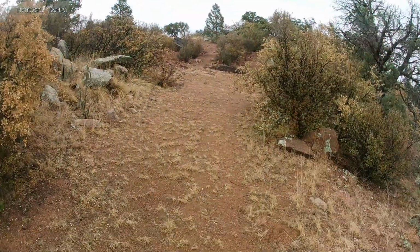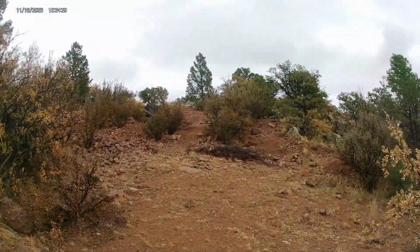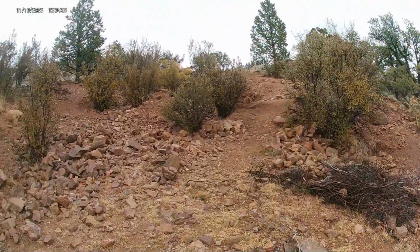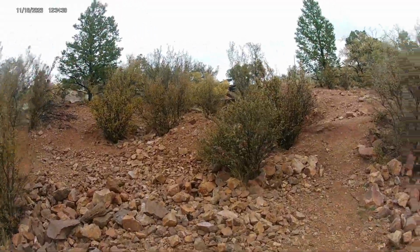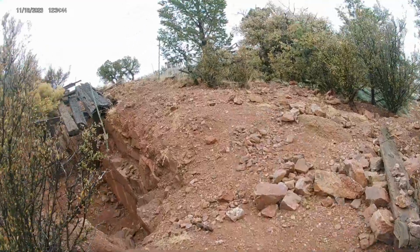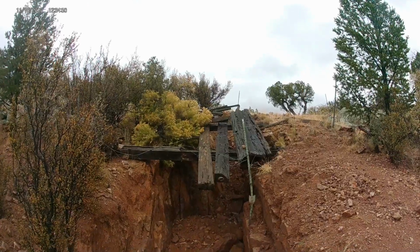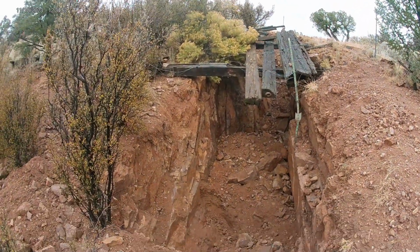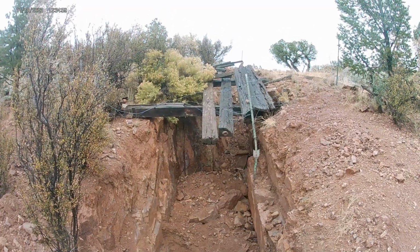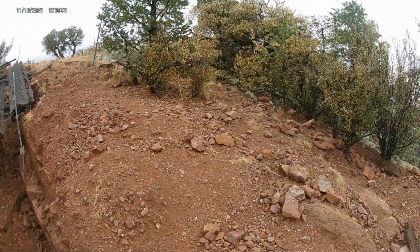Alright, well, this is it. This is the main vein, and it's been abandoned for many years. However, you can see they dug down like 30 or 40 feet, and then somebody's come back and filled it in here, which is good. There's big beams up here, and